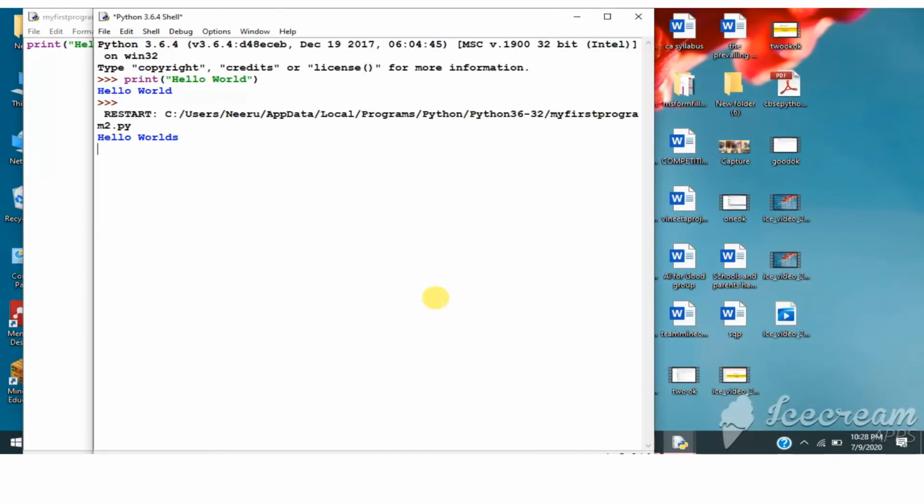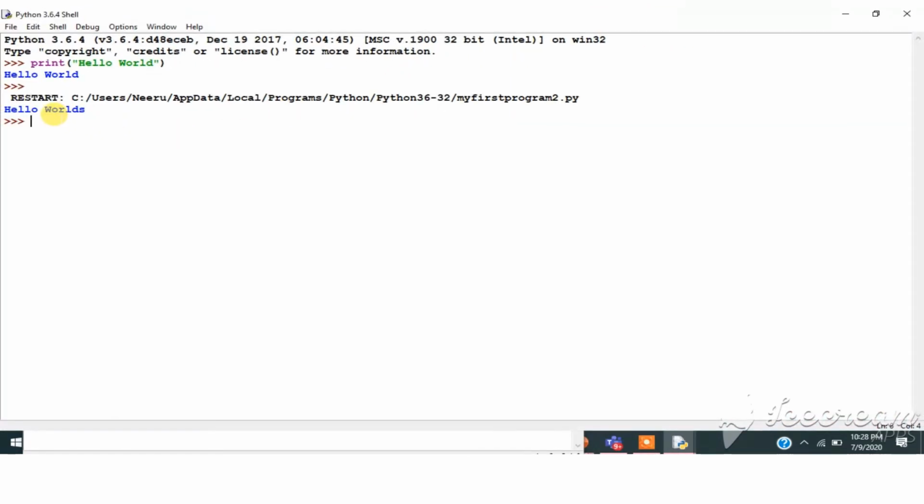The program is saved as well as it runs. See, here we can see the output, hello world. So if I enlarge the screen, I can see the output like this. So you can clearly see how this works. Fine.